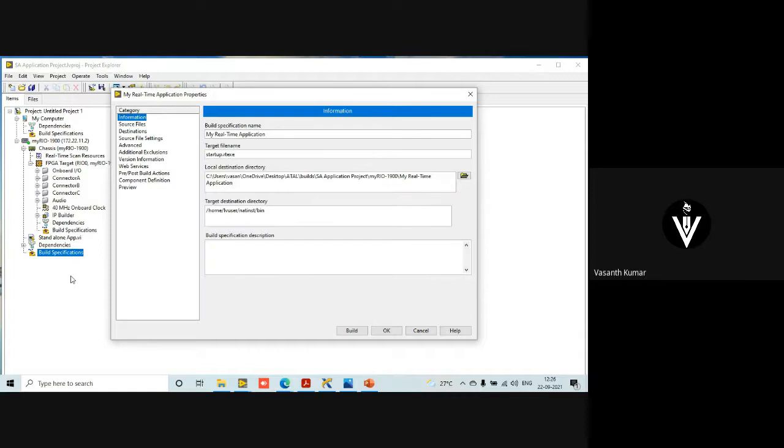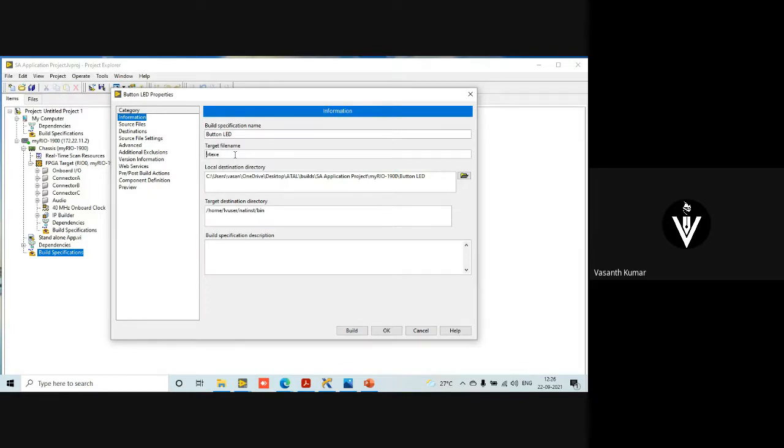So it is asking what is the name of the application you want. You can give any name you wish. For example, you can say button LED. And what is the name of the RTEXE? Till now we were using .vi application. In a .vi application, you always need to execute the application, only then it gets executed. That's the reason we saw that when you run the program, it will not directly execute. Rather, it will try to deploy the code and wait for you to execute, only then it will execute, right? So now we are handling a .RTEXE, real-time EXE application, where we will deploy an RT application, RTEXE inside.